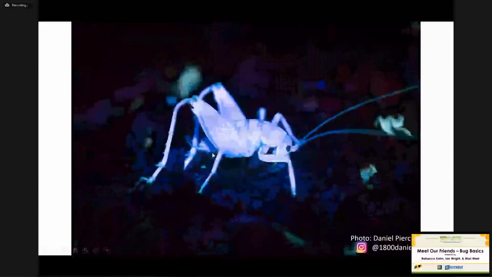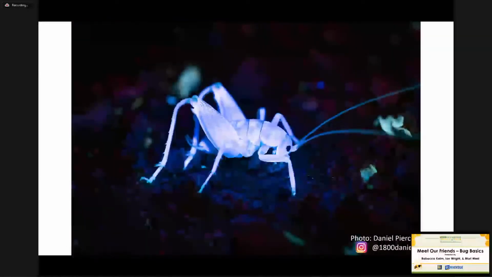And then finally, this was actually a pretty surprising find for me. I was walking around in the desert one night where I was camping, and we had our UV flashlights, and we were scanning the ground with them to see if we could find any scorpions or solifugids, and we came across these crickets that actually fluoresce under UV light as well. And I'm not aware of many other insects that actually fluoresce under UV light like this, so I was pretty surprised.